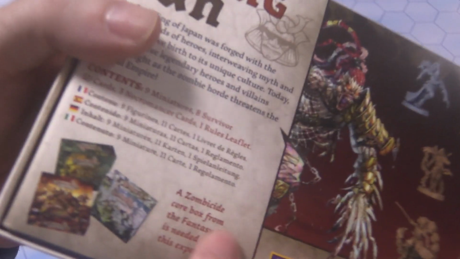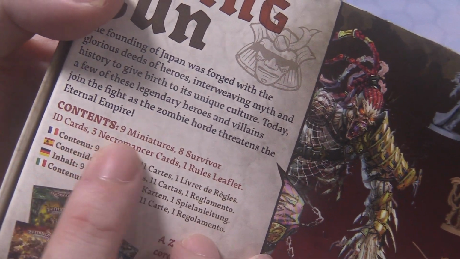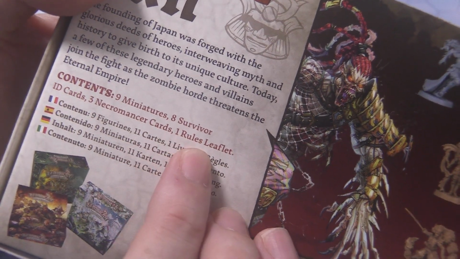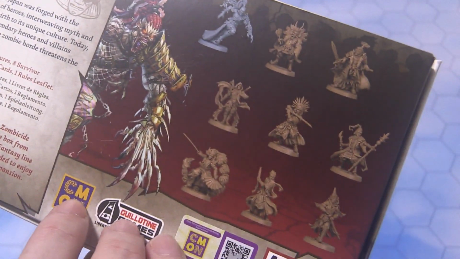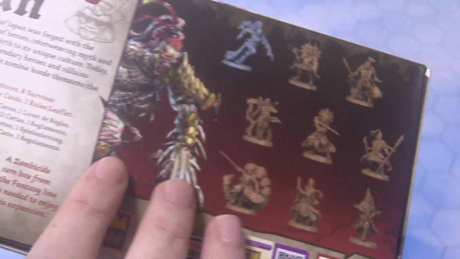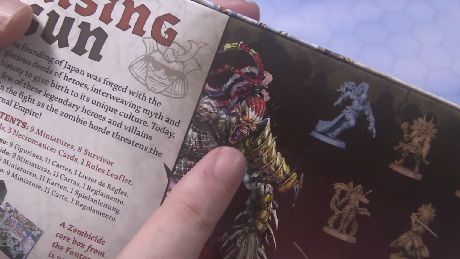So let's have a look here. How many characters do we get? 9 miniatures, 8 survivor cards, 3 necromancer cards, and 1 rule leaflet. So there you go. We've got the necromancer, and then these are our survivors. We get 3 necromancer cards for some reason with this guy. Okay,